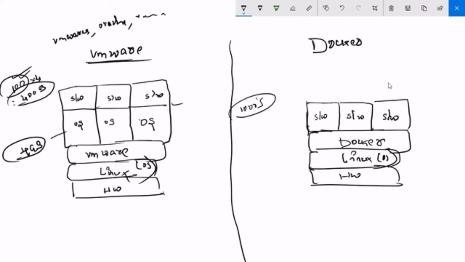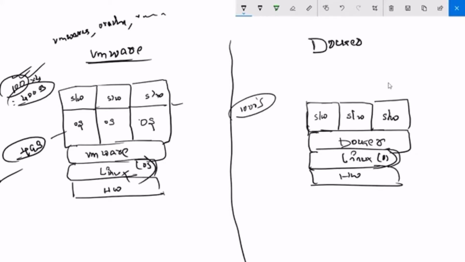That means if you go with VMware, you need to purchase these resources. You need to spend a lot. See, it takes more resources in VMware, and Docker takes fewer system resources. More system resources means you need to pay more. Fewer resources means you need to pay less. More resources means it's bulky, while fewer system resources means it's lightweight. So we can start fast. Within less time we can start and stop. But in VMware it takes a lot of time to start and stop. These are some differences.